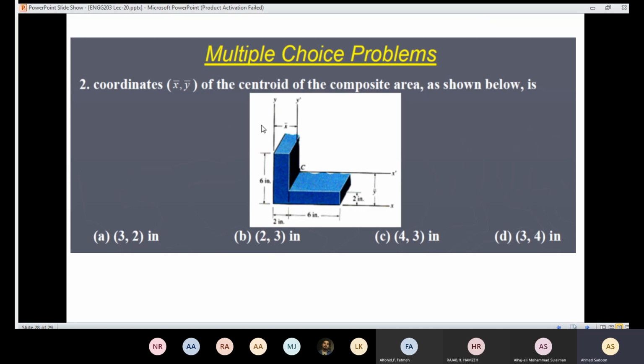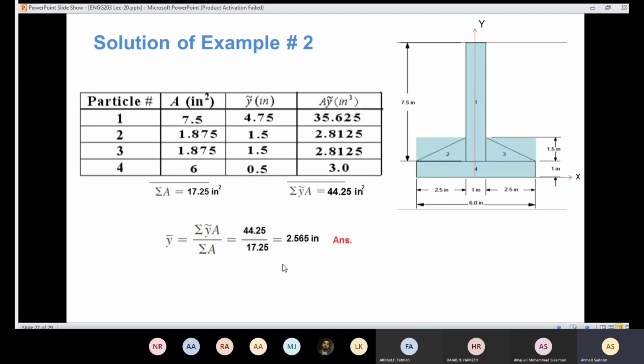We need to know the centroid of the composite area, x bar and y bar. And we have choices A, B, C, and D. Try to solve this one and try to guess the answer. Okay, I'm going to stop here. If you have any questions regarding this problem,